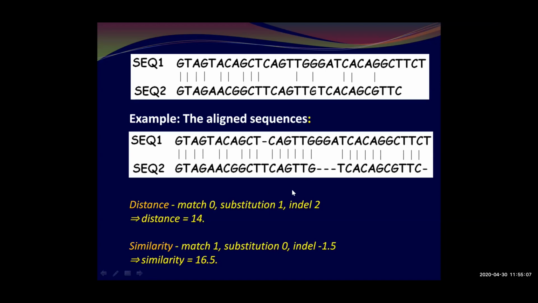Okay, now let us come to one understanding. Suppose we are arbitrarily developing one scoring matrix. We are not using a standard matrix, but we are trying to give specific values to the different parameters. Suppose we want to see the distance, meaning the difference between the two sequences. We are interested to see how they are different from each other, how much dissimilarity is there.